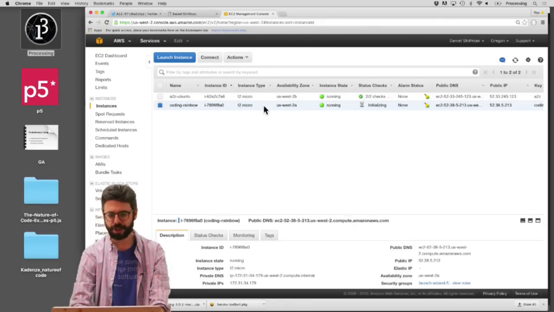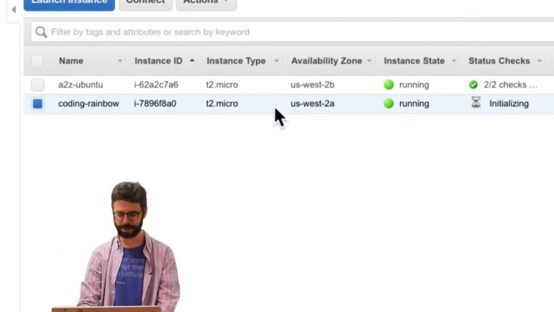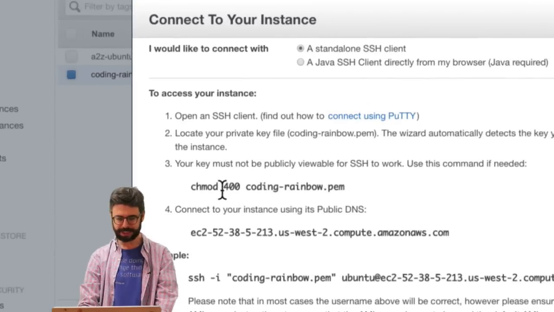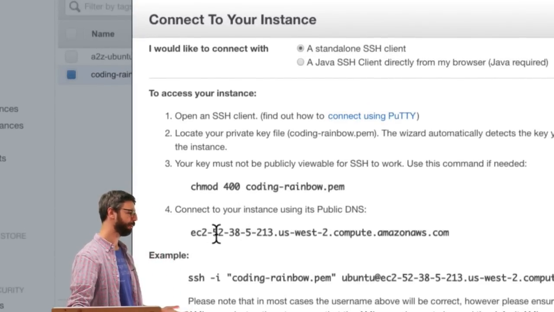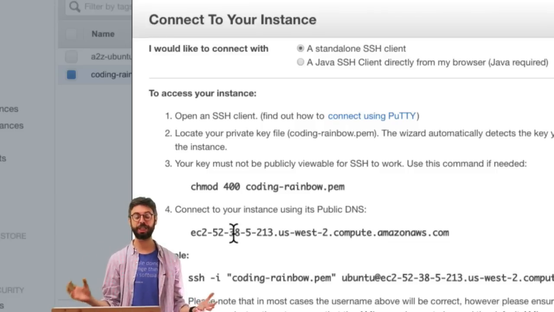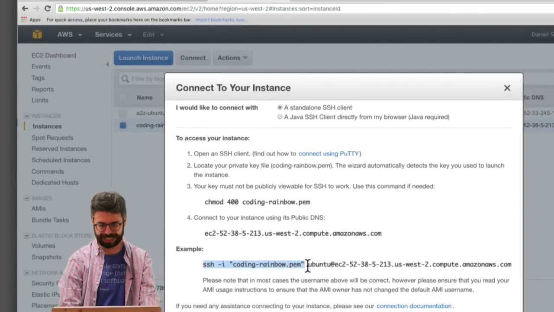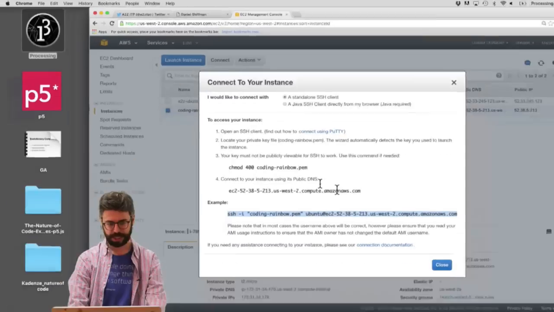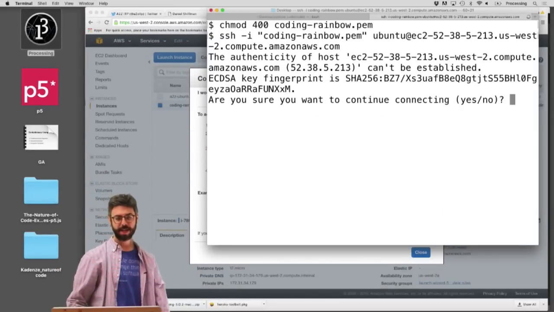So, one thing I can do here, if I zoom in and right click, see this connect option? This is going to be really useful to me because this is the command. I've got the command right here. This is like the public address, essentially, of that instance. And then here it's actually giving me the exact command to log into it. So I don't even need to figure out what it is. I can just copy this and go back to terminal and paste that in here, hit enter, and okay, this